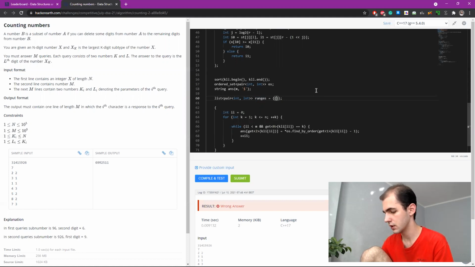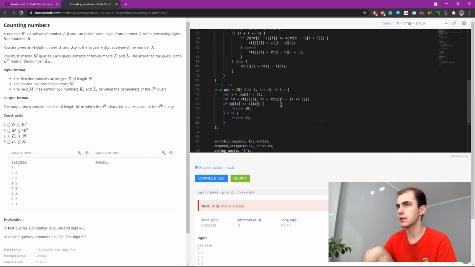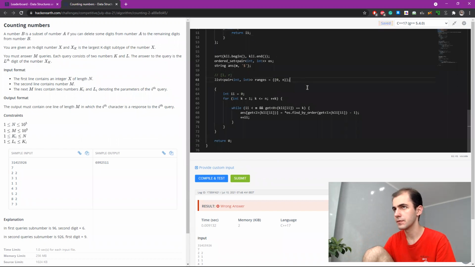I want to get to the left, go to the right. Aside from me not knowing the interface of std list, I think it's a good idea to use std list for this purpose. Probably splay tree is better because it can manage all the things that we talked about in one data structure, but still. So half open because the get function works with half open intervals.